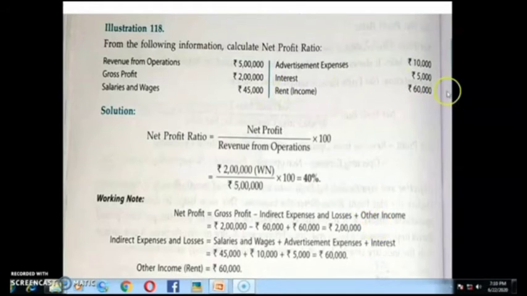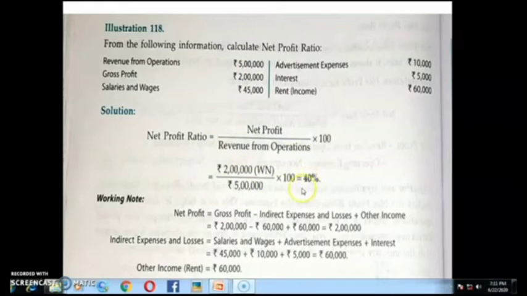Yeah. Rent is your other income, that also you have to add over here, and after substituting all this amount, that is gross profit which is given in the question, indirect expenses and losses you have calculated in this working note, and other income, that is rental income, is 60,000, that is given to you in the question, and adding that together you will get the amount of net profit. That amount you can substitute in the formula. Revenue from operation is given in the question, write down that, and into 100 you will get the net profit ratio